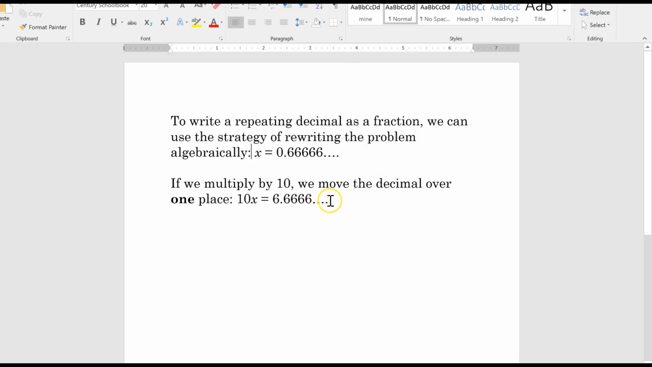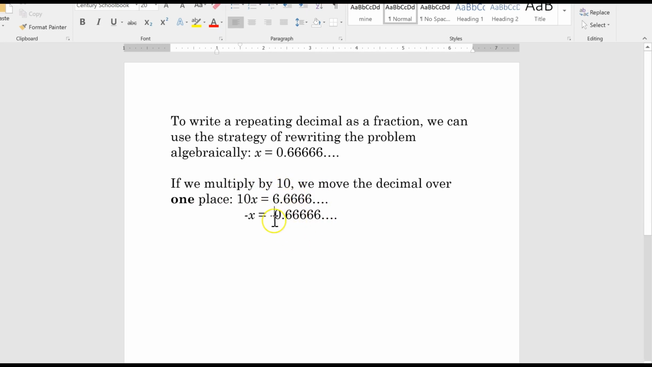And then what we're going to do is something kind of strange. We're going to take this 10x, we're going to take the x that we have over here, and we're going to subtract them. So I'm going to put the x right underneath and a minus sign here. And I'm going to subtract them. And why would I do that? Well, what happens when you subtract these guys? Let's line them up perfectly. See all those sixes? We're going to subtract all of these sixes, and what happens is they all cancel out,